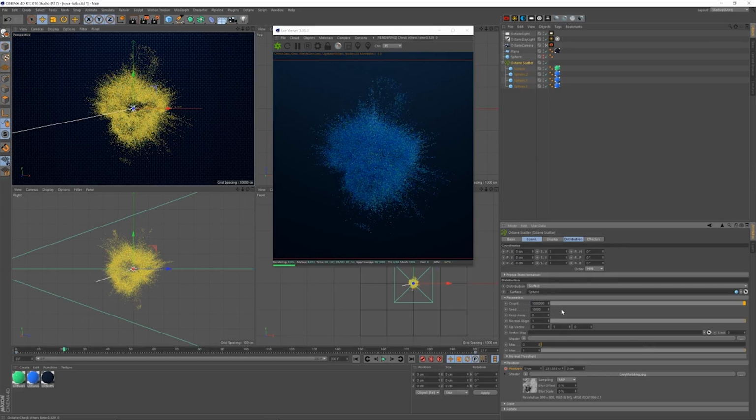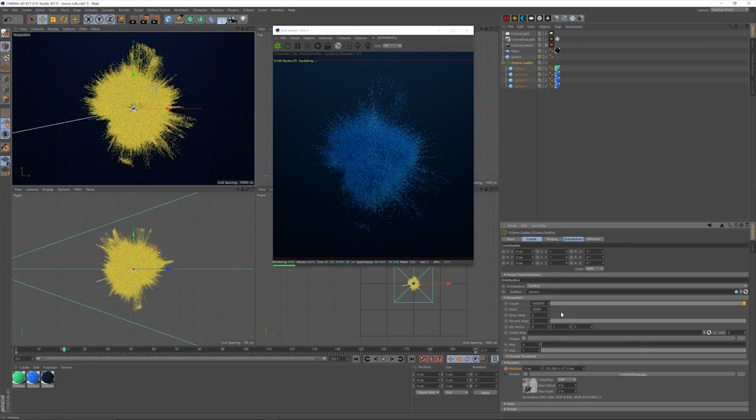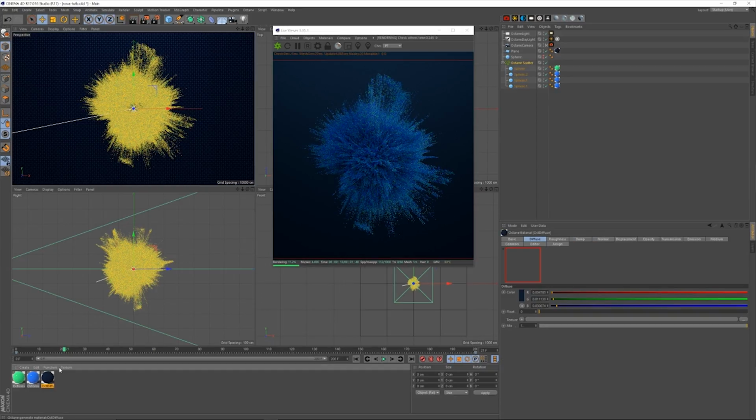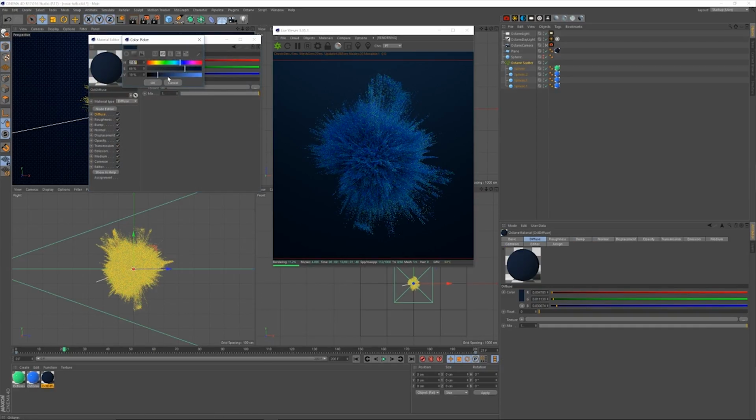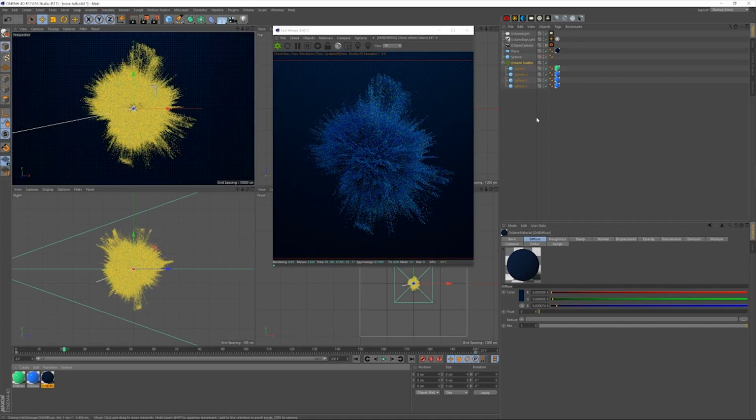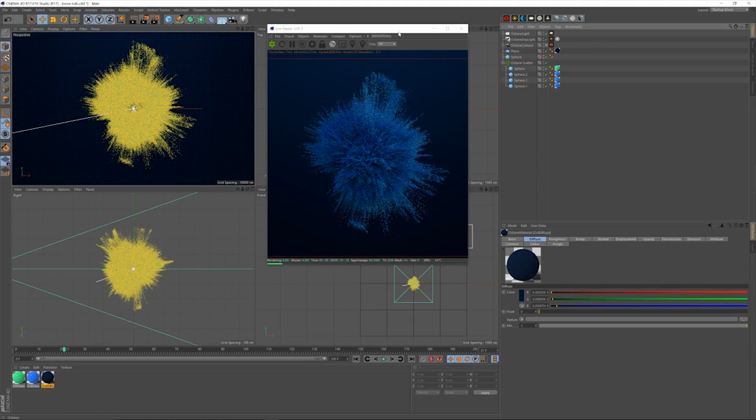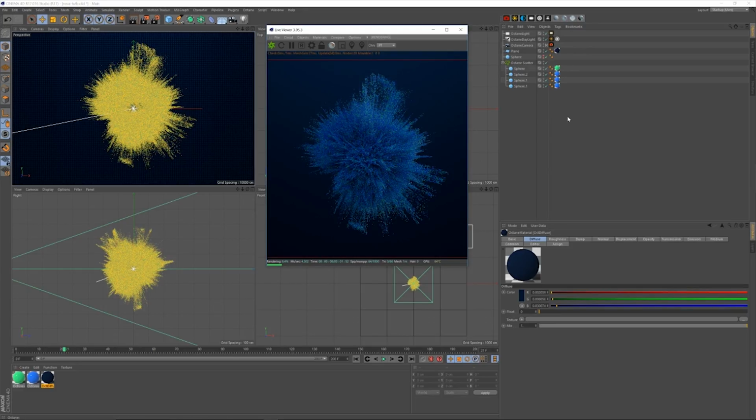Let's bump up the count. Yeah, and we're getting much more definition of the shadows with a higher count. Looking pretty good. Let me just adjust this background color again. Something a bit deeper. Cool. Now, if I was going to render this out, I would put the samples right down, because although it's pretty quick,